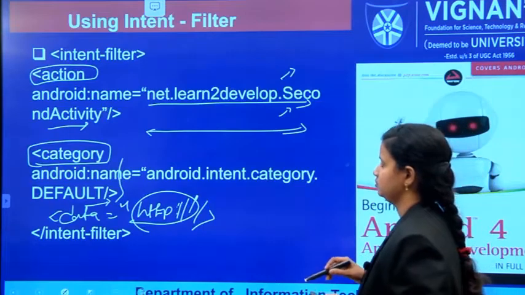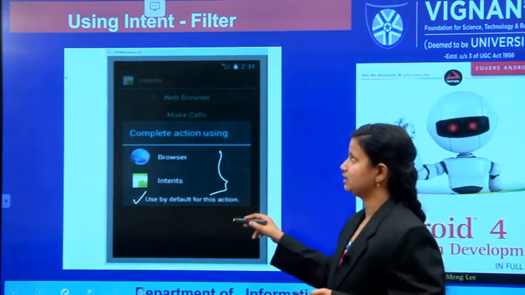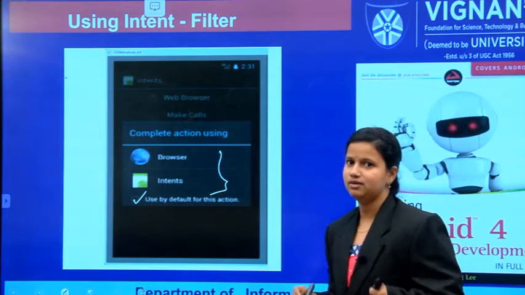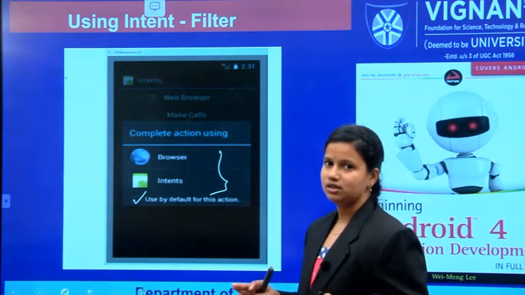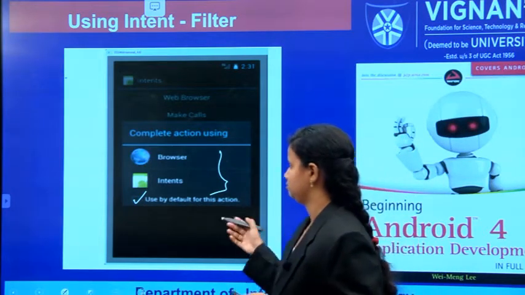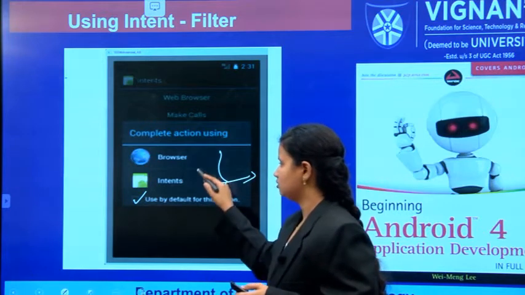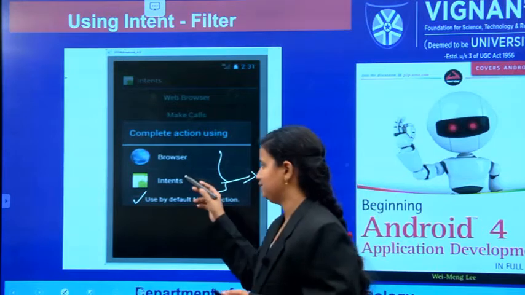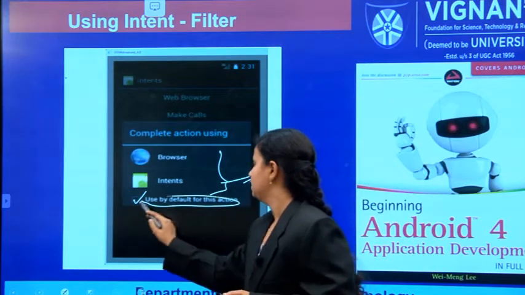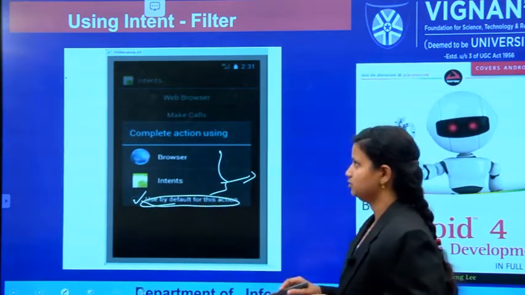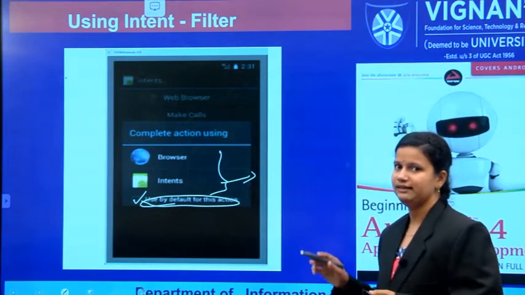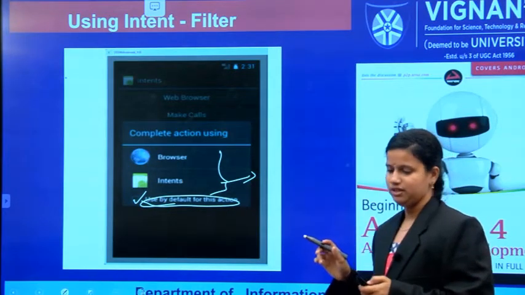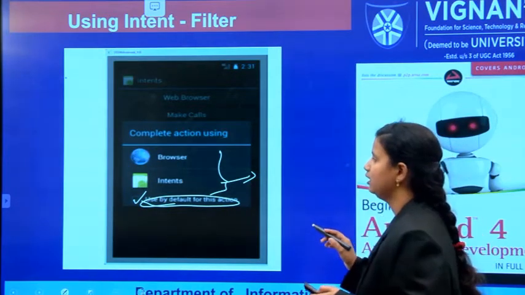Using intent filters we provide which activities ought to be launched. Here there is a browser and an intent; from these two applications you have to select one, and then use it as default for this section. Then only it will be invoked or selected. So this is about the intent filter.